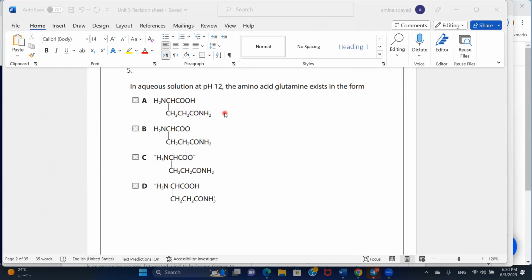In aqueous solution at pH 12, the amino acid glutamine exists in the form